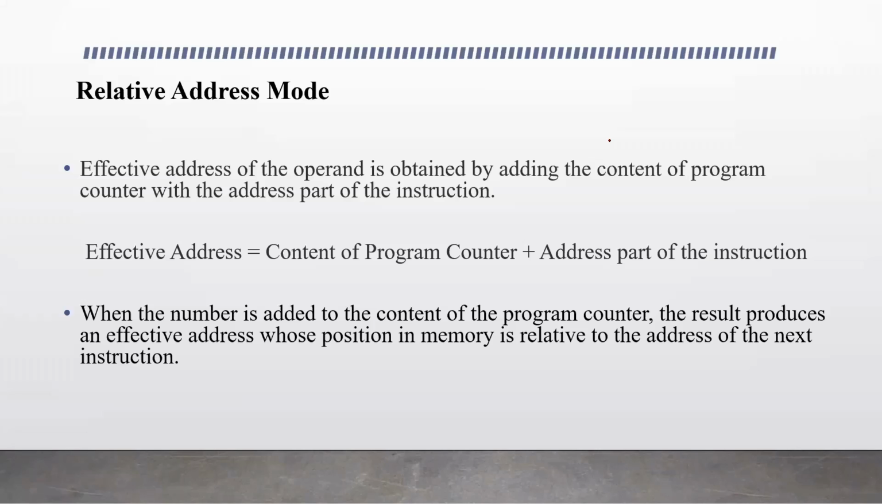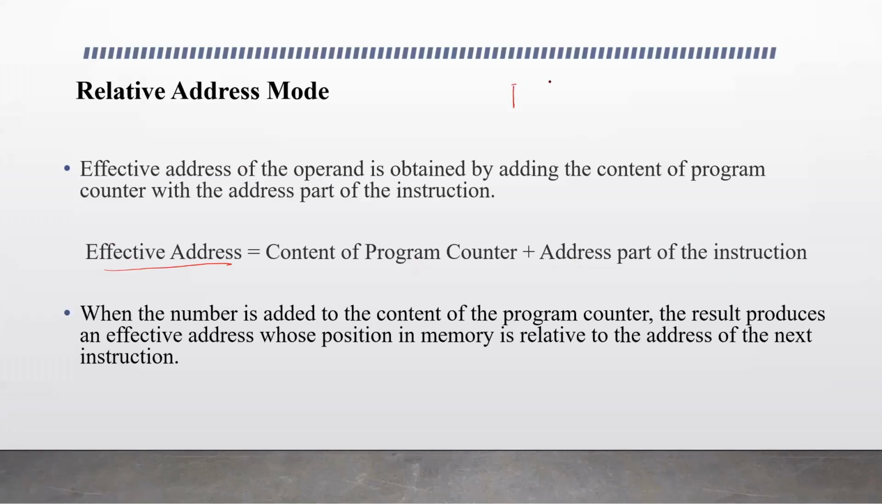How do we find the effective address of the operand? The effective address of the operand is obtained by adding the content of the program counter with the address given in the instruction. So here, effective address is the content of the program counter plus the address of the instruction. So when we need such type of addressing,